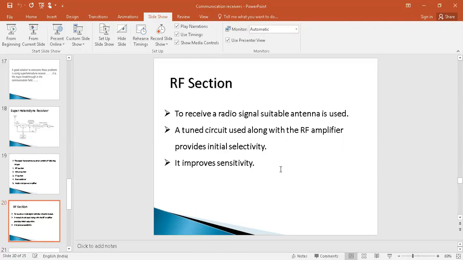Using this diode detector, the RF amplifier provides initial selectivity of the signal, or we can say it increases the selectivity level of the signal and the sensitivity also. So this RF section detects the electromagnetic signal from the antenna and provides the proper radio signal through this radio frequency amplifier.